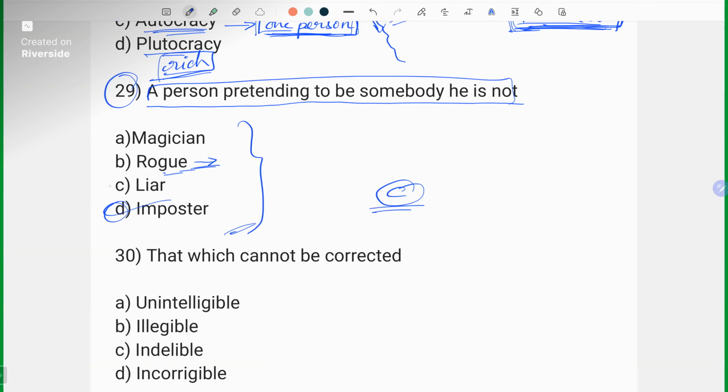ஆனா இங்க confusion எங்க இருக்கணும்னா C and D குள்ள இருக்கணும். Person pretending to be somebody else. Magician will not pretend to be somebody else. Magician will be a magician and he'll do magic. Basic logicல A போயிடும். Rogue அப்படின்னா ஒரு mischievous ஆன person, mostly இந்த rowdy அப்படிங்கறத rogueன்னு சொல்லுவோம். Someone who is harsh, someone who is not honest, that is rogue. And between liar and composer, pretending to be someone else, someone who is lying அப்படின்னா அது டைரக்டாவே சொல்லியிருப்பாங்க.